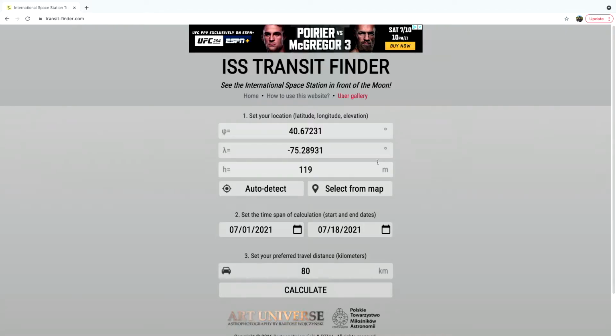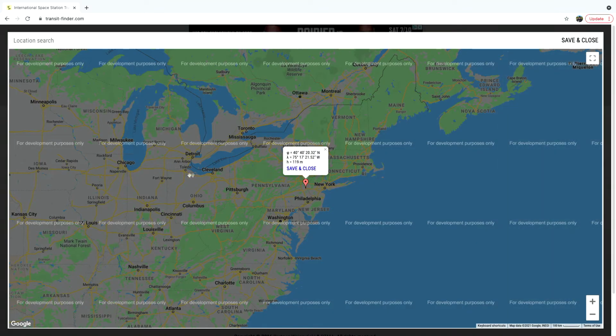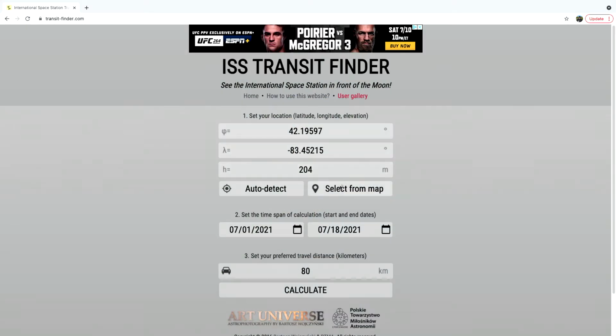Well, let's get started here. I want to share a screen here. This is an app that you can download for free. It's called the ISS Transit Finder. You can auto-detect your location, or you can select from a map where you're at. So if we go here and let me select from the map, now we have our coordinates, and then for the time, we'll take the default settings, and that takes us out till July